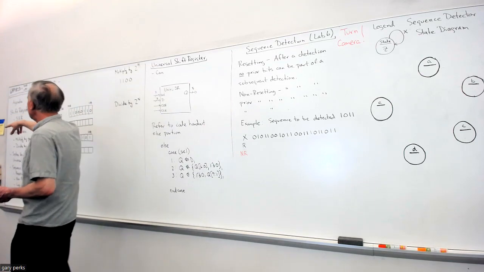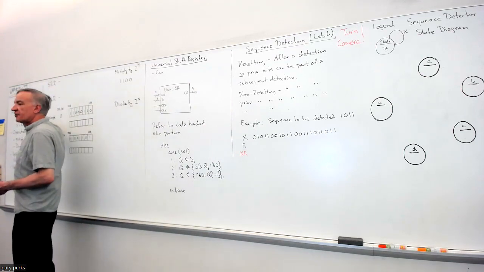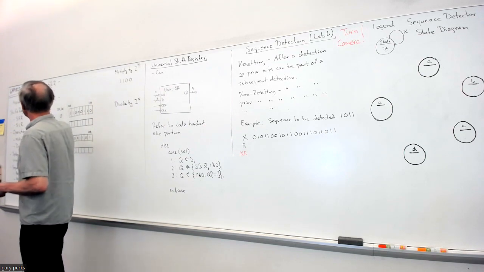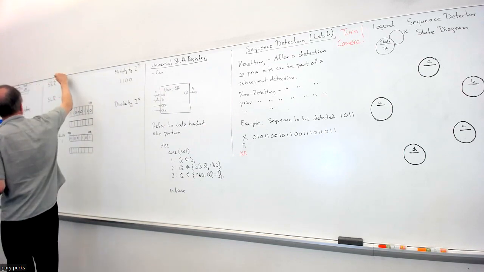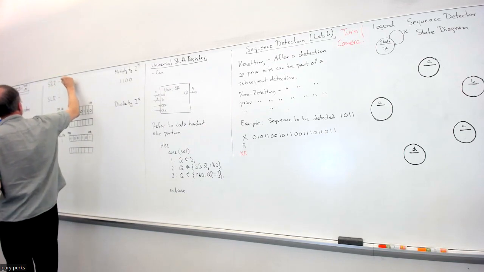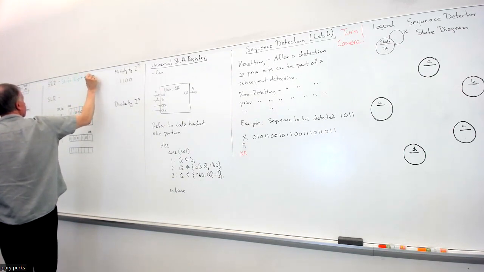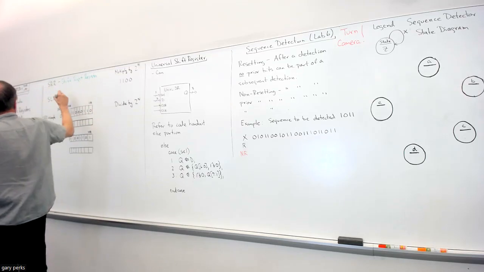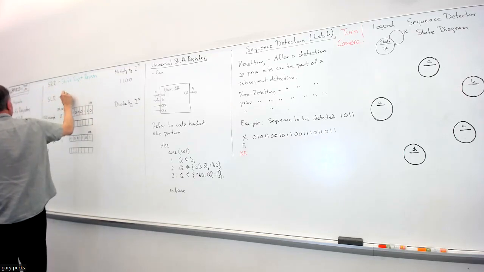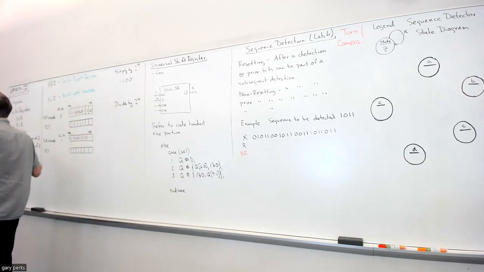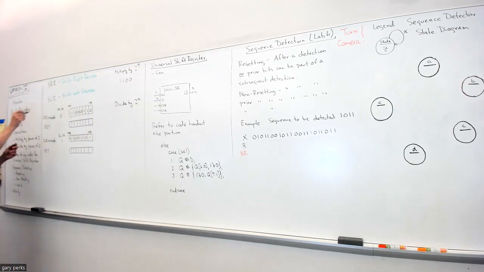And there are two types of shift registers. These are the acronyms, SRR and SLR. SRR stands for shift right register, and SLR stands for shift left register. And what's meant by shift right is that the data